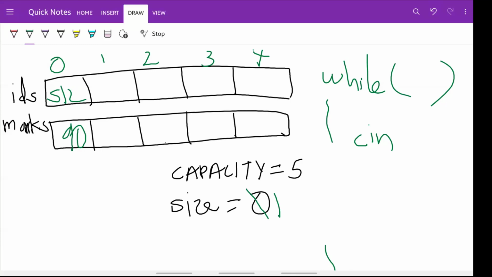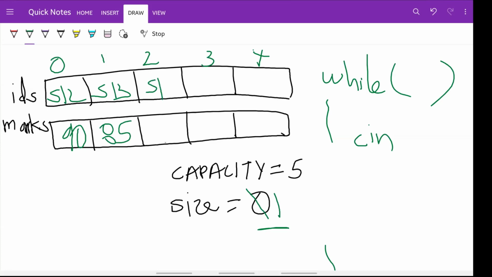So we'll again store the ID and mark at index 1, which is the value of size as well. Let's say the user enters S13, so we'll store that at index 1, and the mark for that particular student will be stored at index 1 in the marks array. Let's say the mark was 85. We can continue doing this.